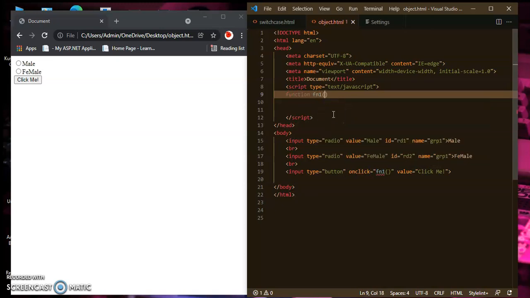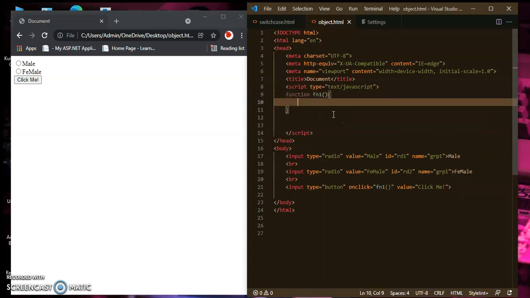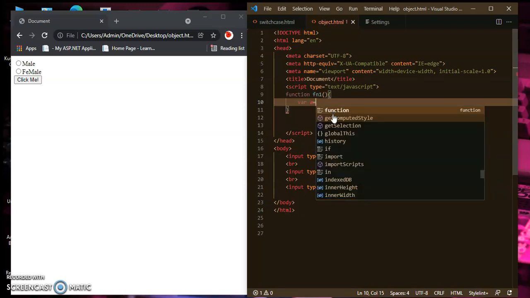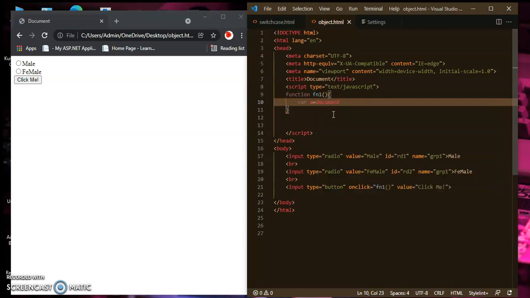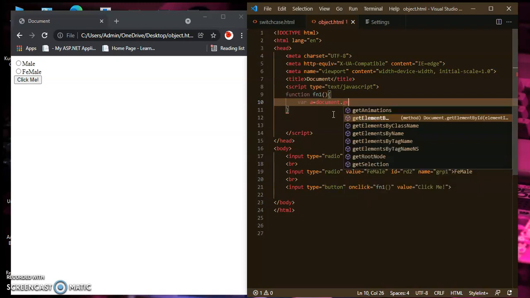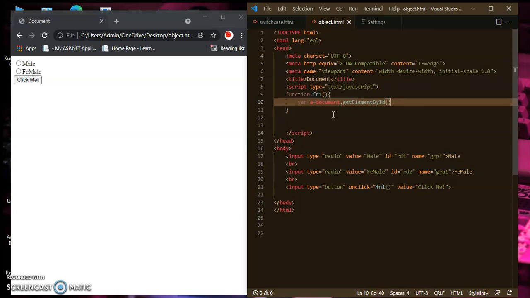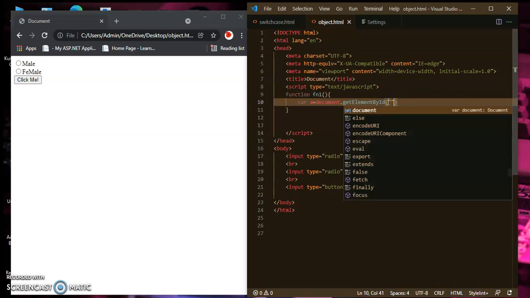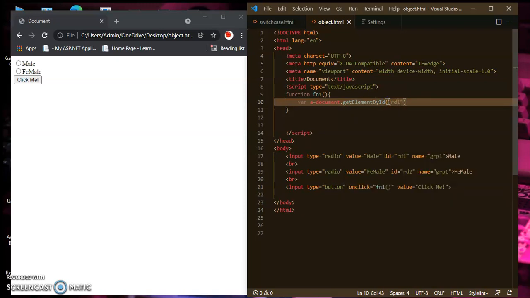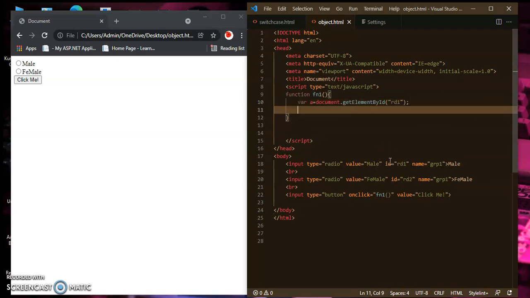So here the function fn1 I will create. Inside of this, a variable is created. So variable a equal to, okay, now fetch the value of that radio button. So document dot getElementById, and fetch the first radio button, whose id is rd1.